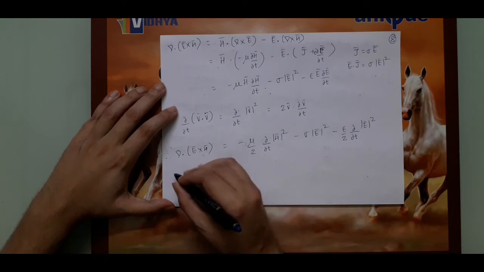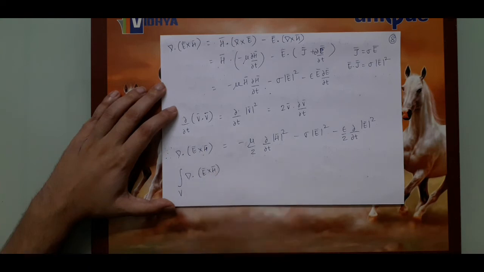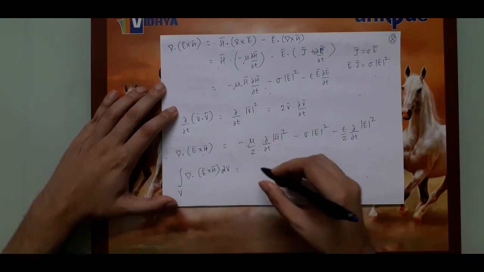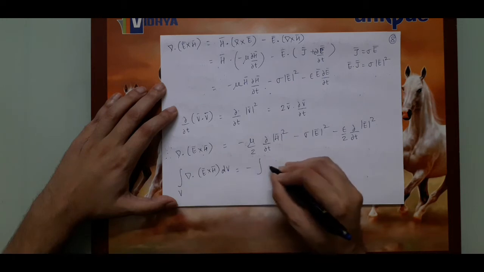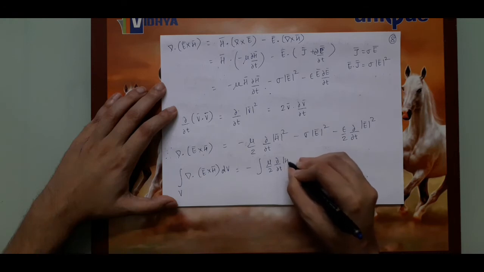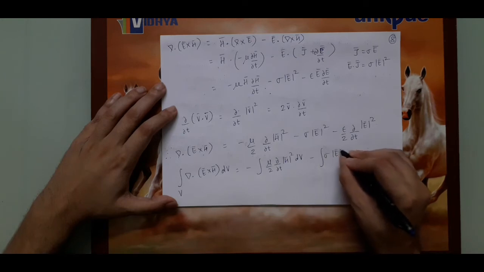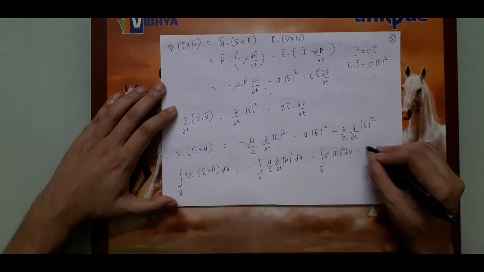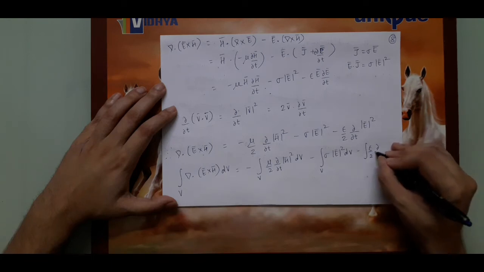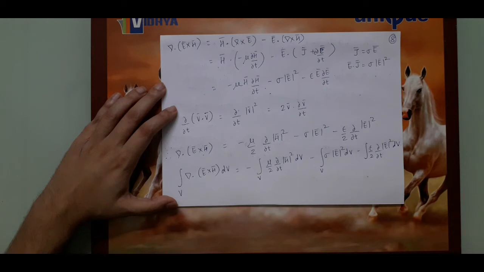If we use the volume integral, let us say this over the unit differential volume dV, that is nothing but minus, so we should put the V sign over here showing it's a volume integral minus